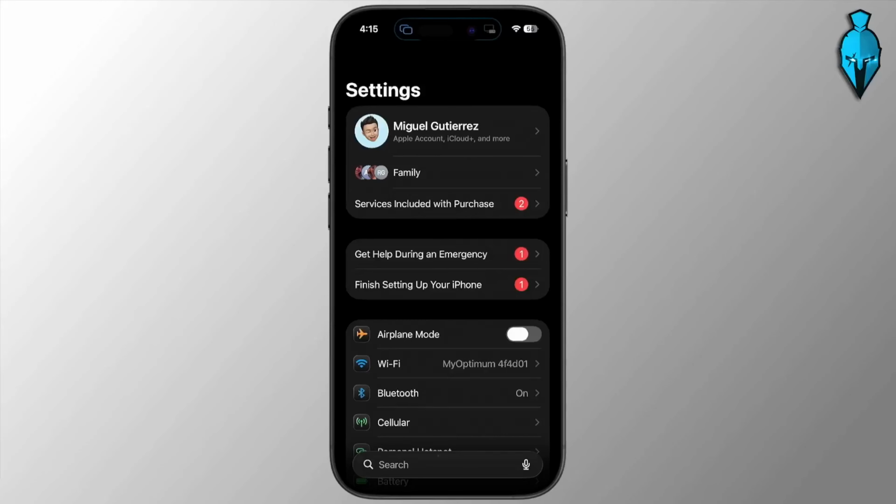In this guide, I'm going to show you how to fix the Apple Media terms and conditions have changed error